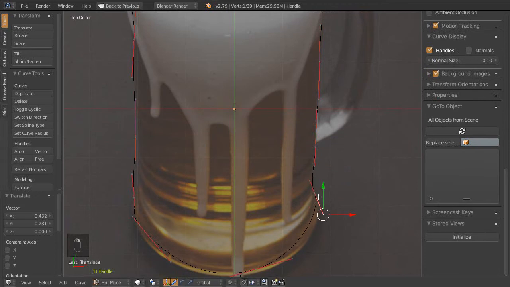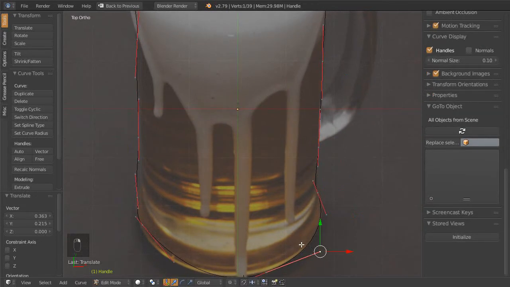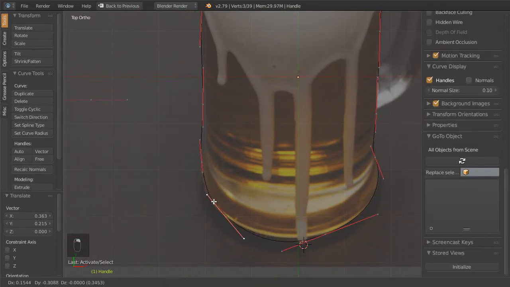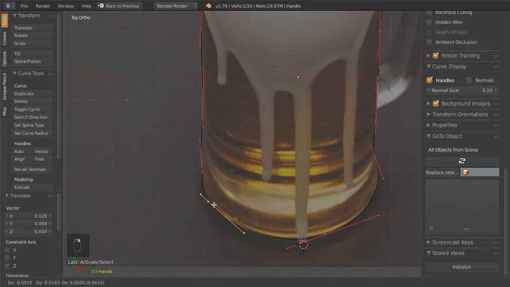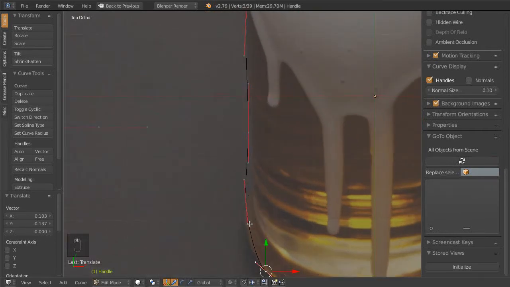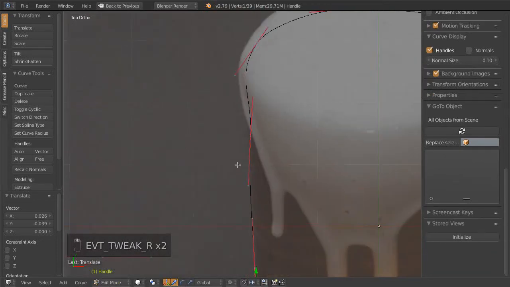We'll see. There. Bring it closer here. So that's good, I think,